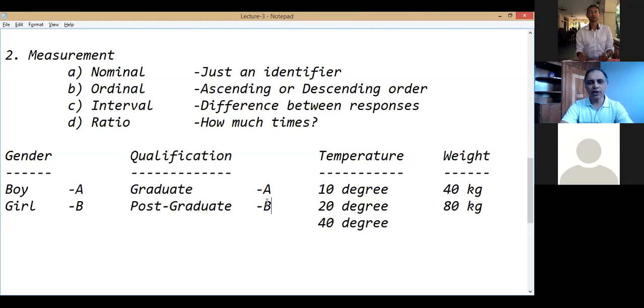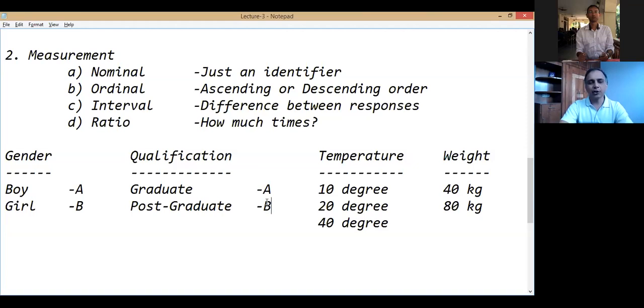But if the question is how many kids you have, and the options are up to 2, 3 to 5, and more than 5. So my question is, how many kids do you have? Up to 2, 3 to 5, and the third option is more than 5. Now the interesting thing here is any person who ticks the third category, more than 5, I don't know exactly how many kids he or she has, but I know whatever number of kids he or she has, it will be more than the person who ticked the other two categories.